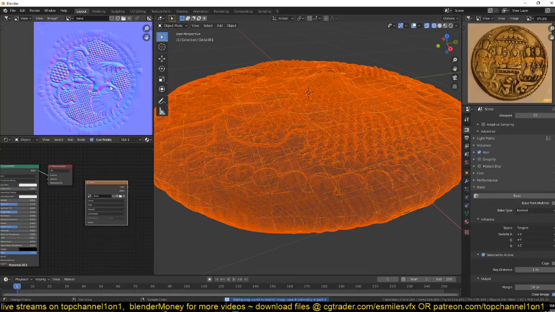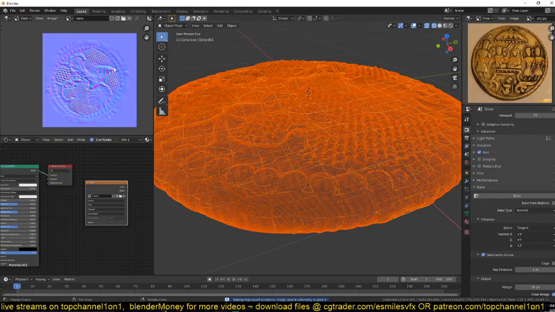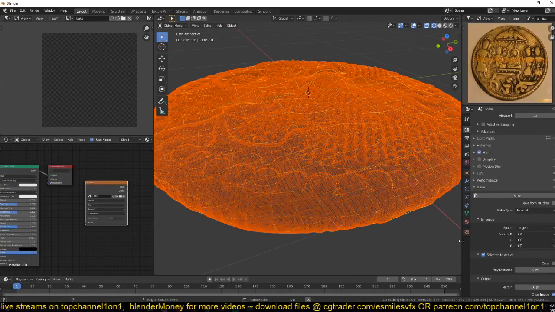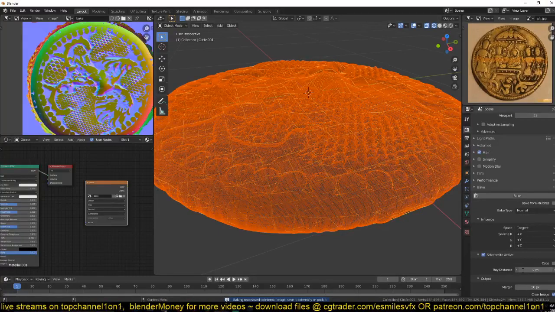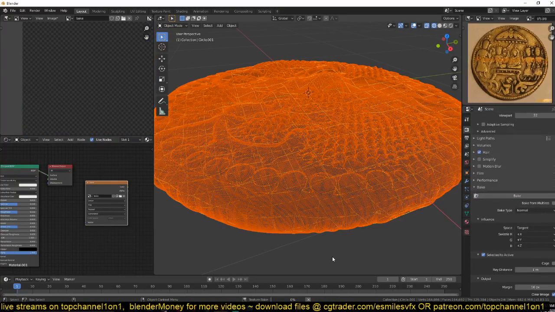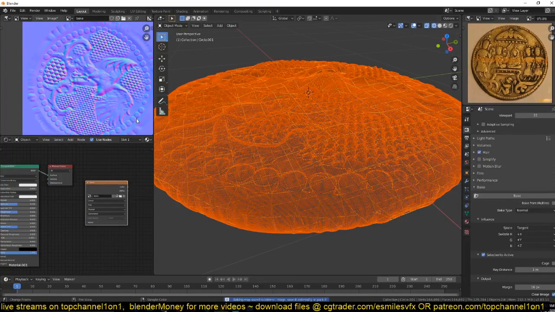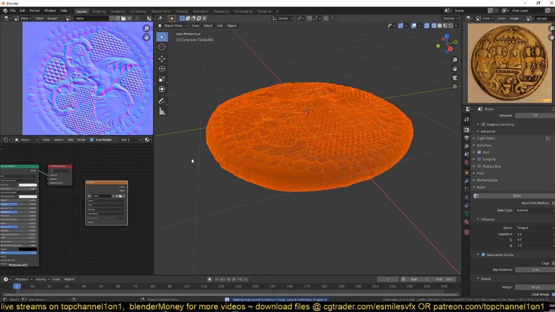And you can see now we are capturing more details. So if you're seeing any of that green stuff, if your normal map doesn't look fine, say if we bake again, just play with the ray distance here so that you're capturing more of those details. If you're seeing this, just increase the ray distance and bake again, and that should bake the other details in. Then the other thing you want to bake is the